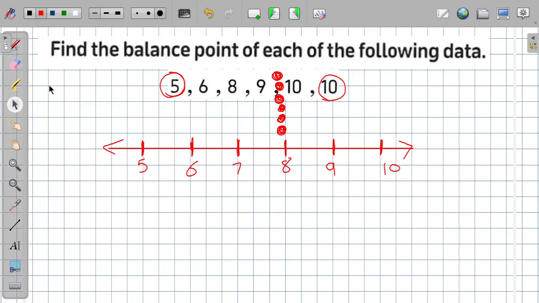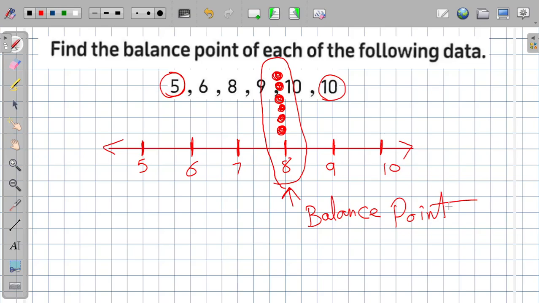So I think we can see right now that 8 is a balance point of this data set. So we can say the balance point is 8. Okay,